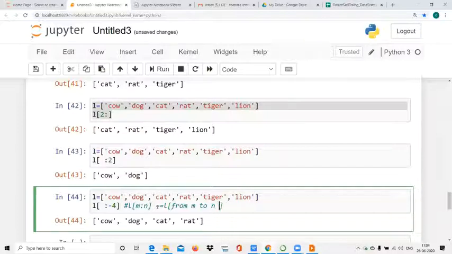Either you can say m to n, not including n, meaning we will not take n, so what will we take?